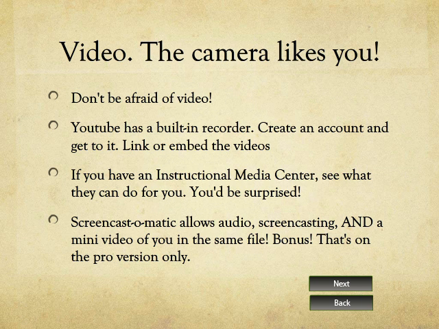I just spoke about Screencast-O-Matic. It even allows you to add a webcam clip in the bottom of your screen, so you'll be recording your screen, your voice, and yourself. It's literally as simple as clicking a button to turn on your webcam. How wonderful would that be for your students? Fear not the video, my faculty members.